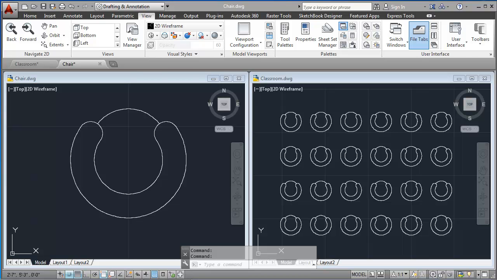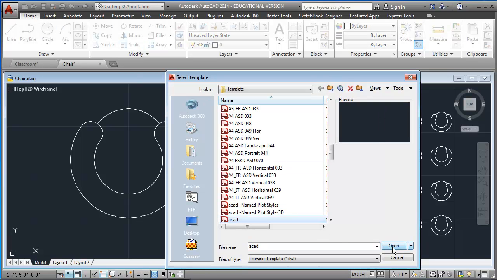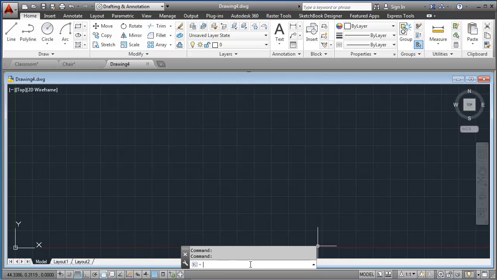In this exercise, we will create the chair that you see on the left using the Arc, Grips and Properties palette, and then we'll create a classroom that you see on the right from the chair using the rectangular array command. I'm going to go ahead and begin by opening up a new drawing, and I will set the units